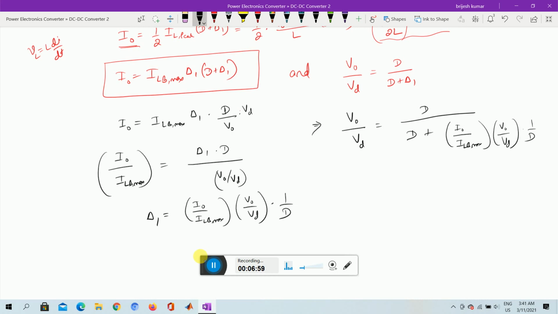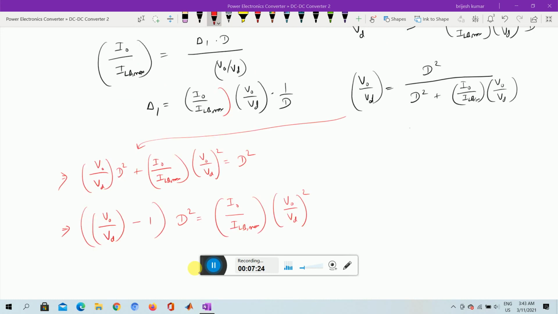So this d we can take up as d square plus, this is the multiplication of two terms, the V0 by Vd and I0 by ILB max. So we can do some mathematical changes over here, just multiply these things and finally we can get from here,